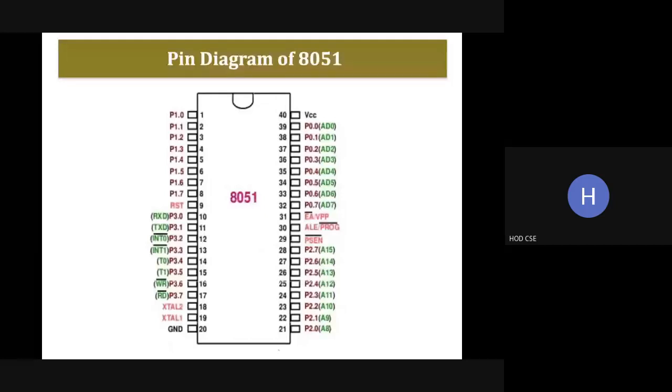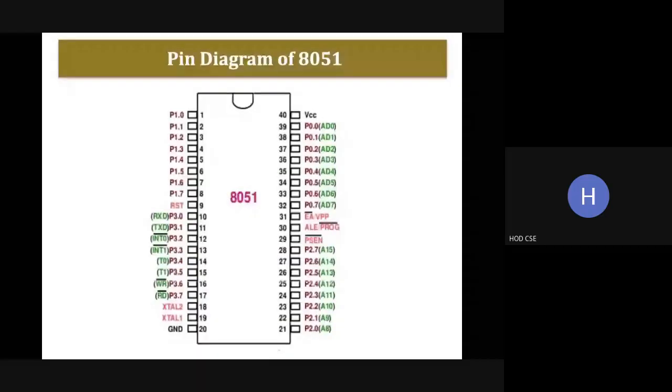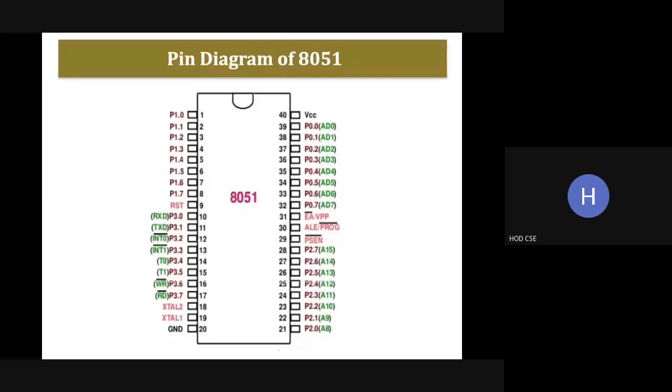Can you hear me, Dinesh Kumar? What is ALE? Dinesh Kumar, do you know the answer? Are you there? If you don't know, just type no in the chat. Address enable.